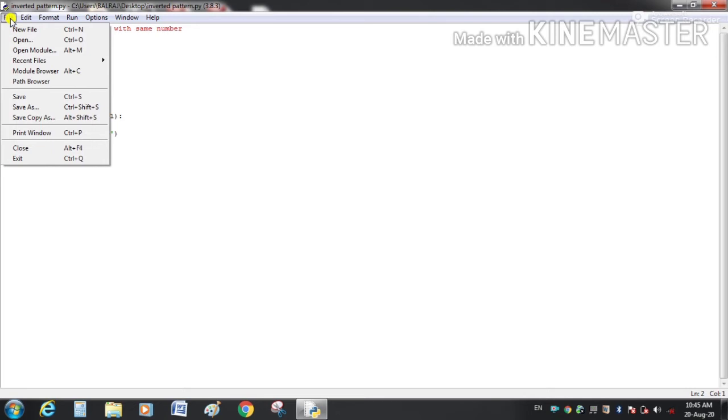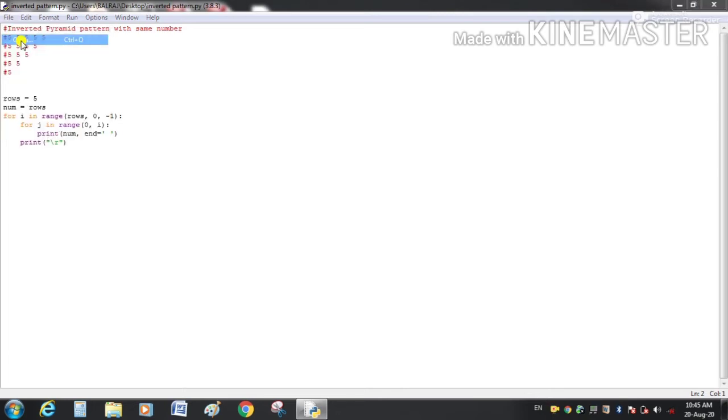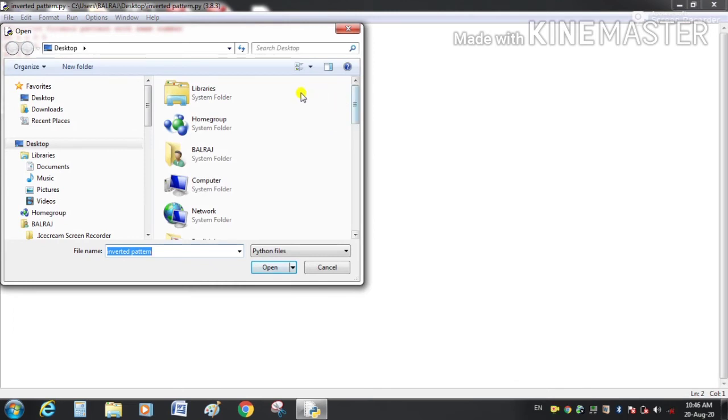Now we will see one more program. If you already have saved a program somewhere in our system, then we can open that file also. In the file there is open, on the desktop.